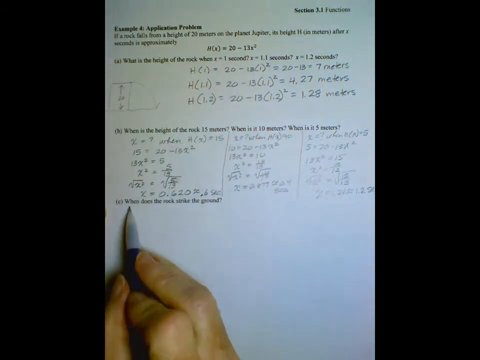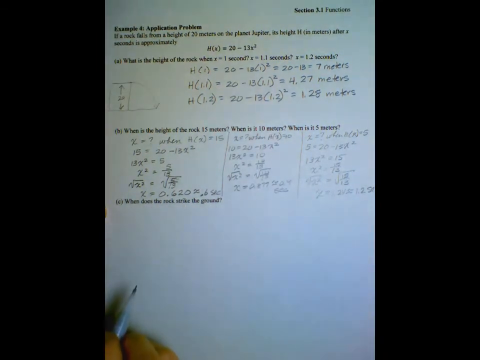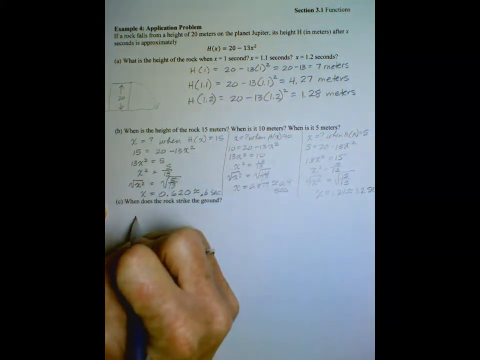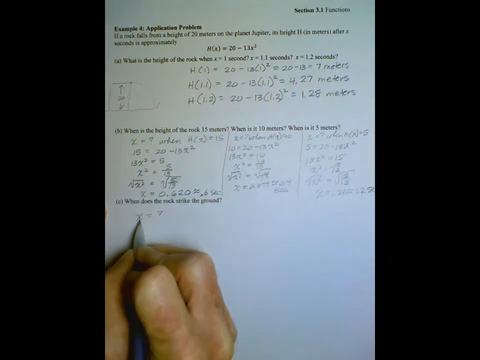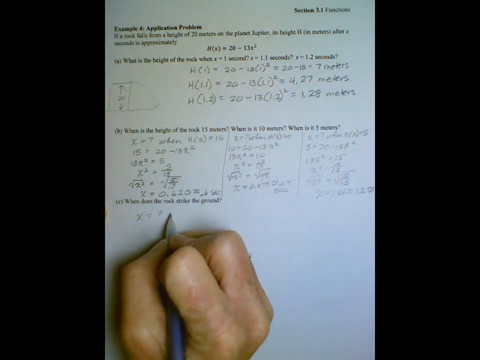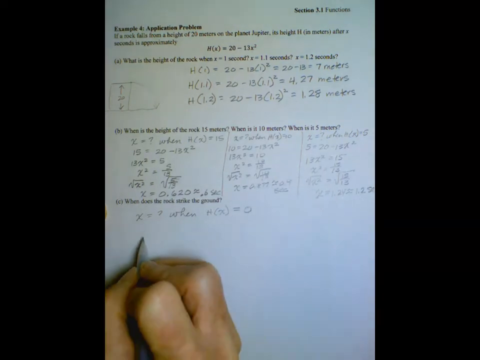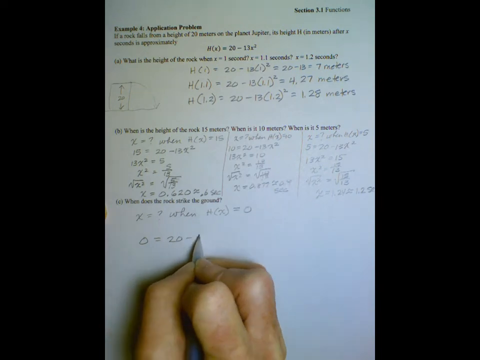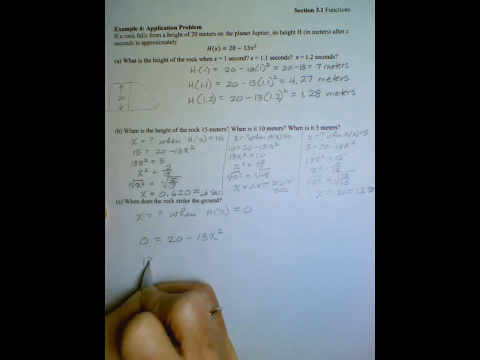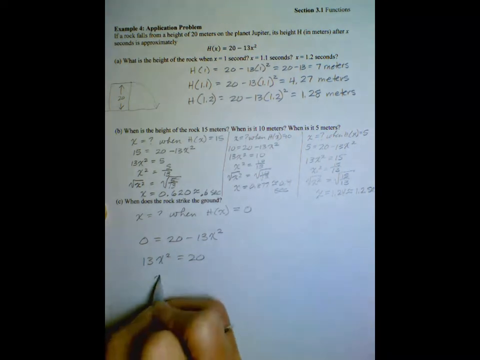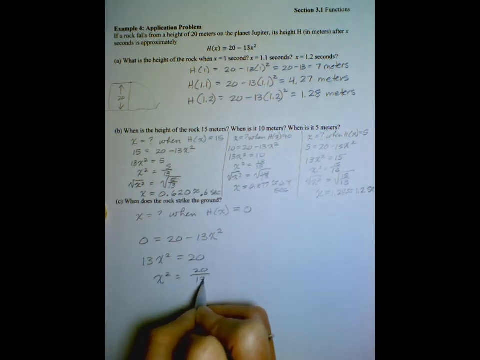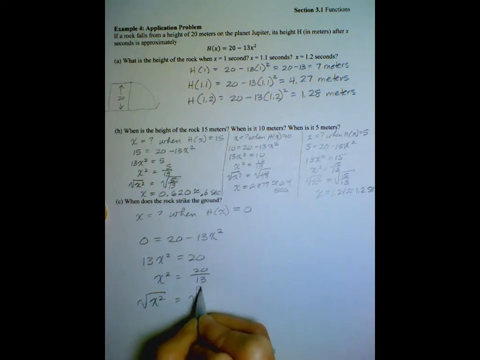And our last question is, when does the rock strike the ground? Well, how high off the ground is the rock when it strikes the ground? It's 0 meters off the ground, yes. So x is what? It's saying when, and when is time, and time is x. X is what when h of x is 0. So plugging 0 into our function, I get 13x squared equals 20. X squared equals 20 divided by 13. The square root of x squared equals the square root of 20 divided by 13. And x equals,